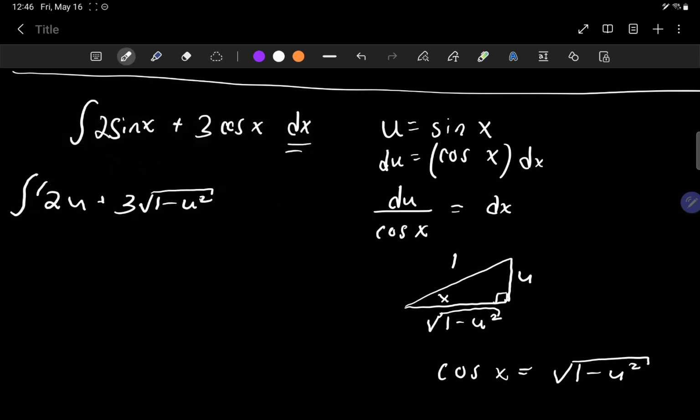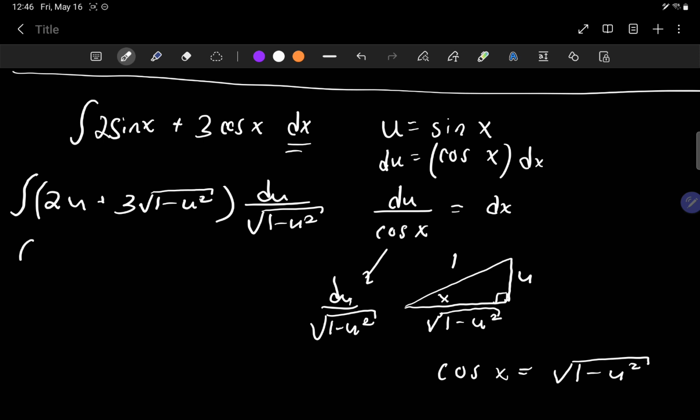And then this is my integrand, and then I'm multiplying by dx, so that's going to be du over cosine. So this substitution here really becomes du over the radical. So I have du divided by that radical. And then I'm going to distribute that radical. So I'll have 2u divided by the square root of 1 minus u squared. And then I'll have just a plus 3